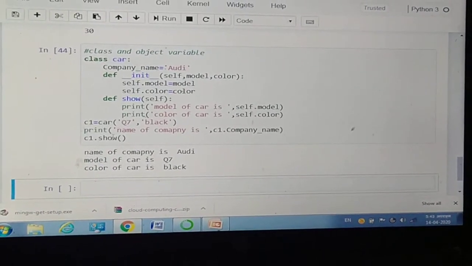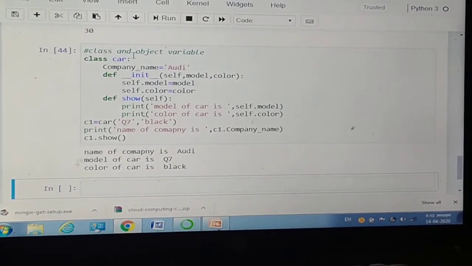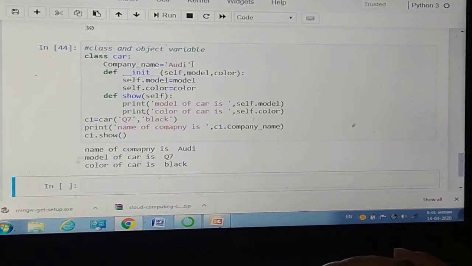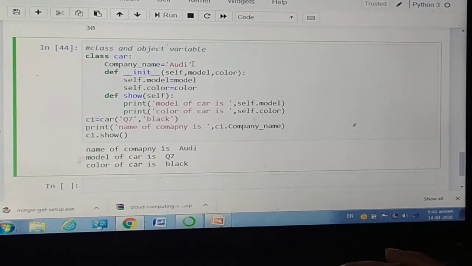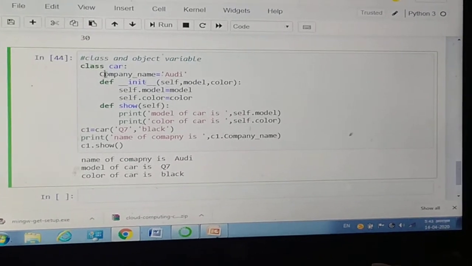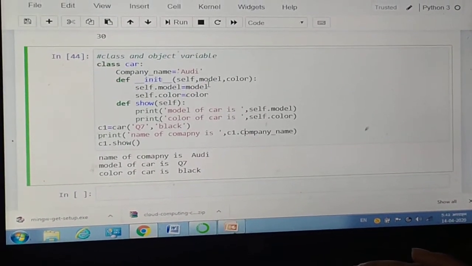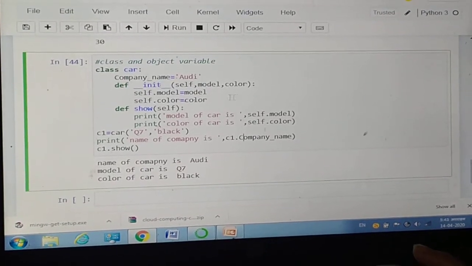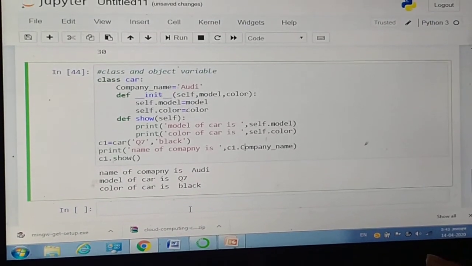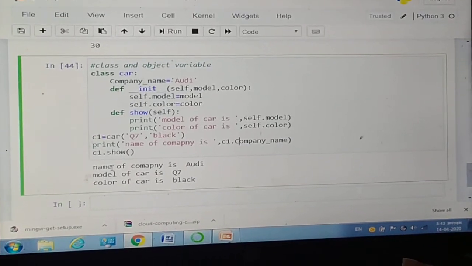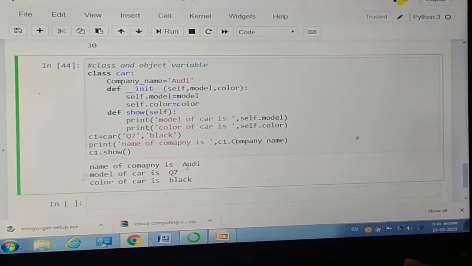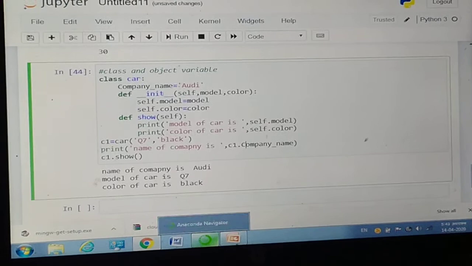Here I have taken a class Car. Company name is nothing but the class variable. In init, model and color are the object variables and company name is the class variable. This is how you call the class variable and this is how you call the object variable.